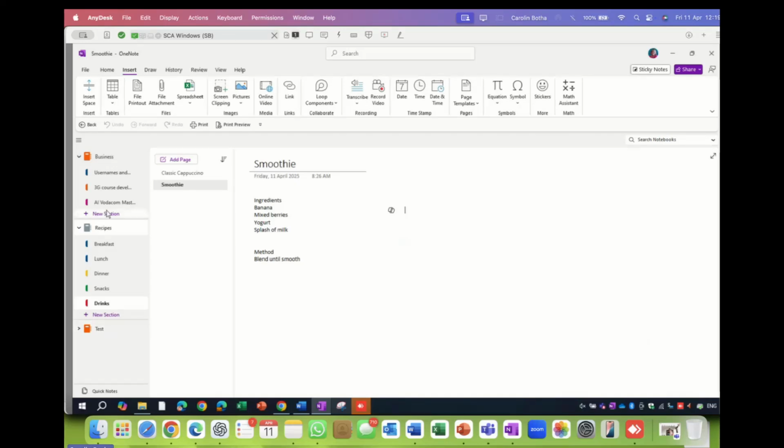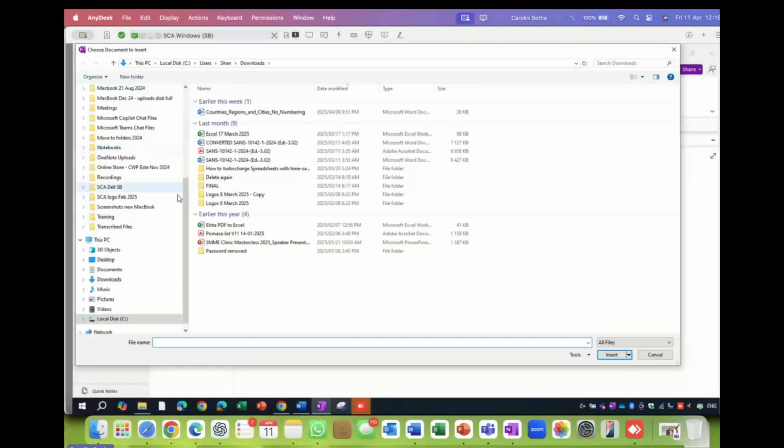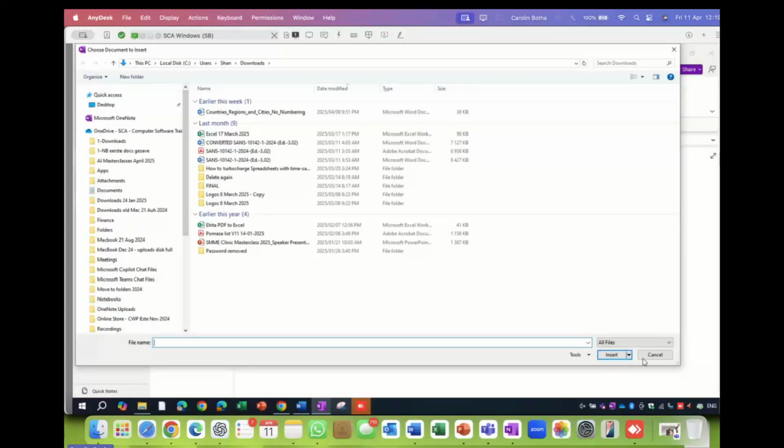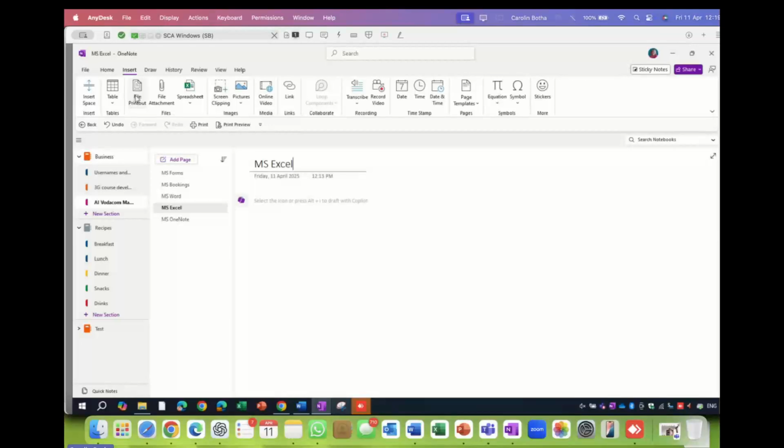I can also, and I like this, let's go back to my Vodacom Masterclass section and let's go to the Microsoft Excel page. I want to insert yesterday's, oh, wait, sorry, let me show you the difference between a file printout insert and a file attachment.